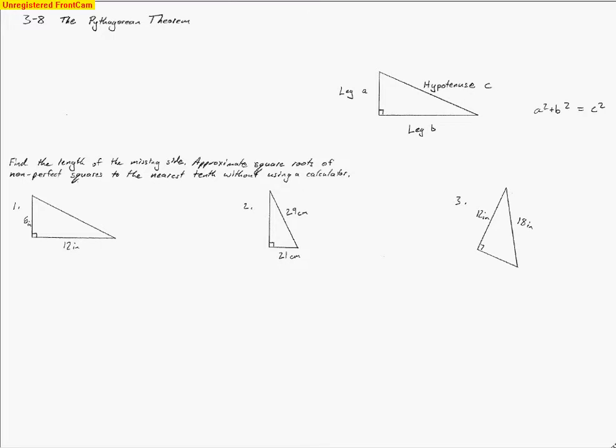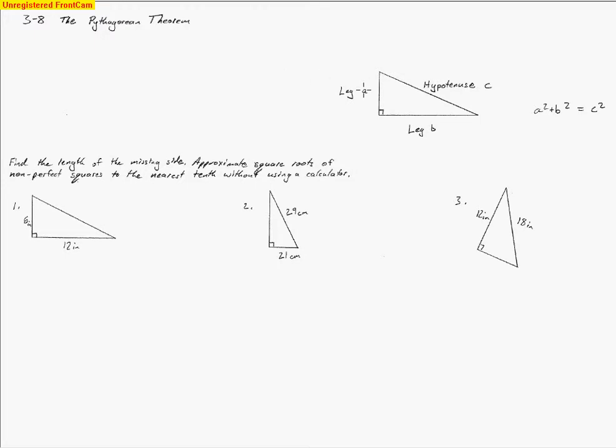This lesson covers Chapter 3, Section 8, the Pythagorean Theorem. So let's see where this theorem comes about. I have a picture of a triangle drawn here, and what we're going to look at is whether it's a right triangle or not. This little symbol right here symbolizes that it's a 90-degree angle, so it's a right triangle, so we can